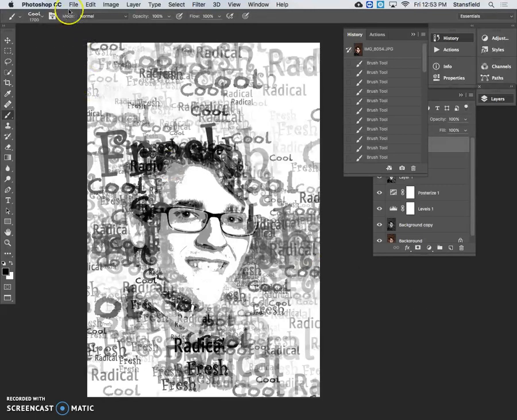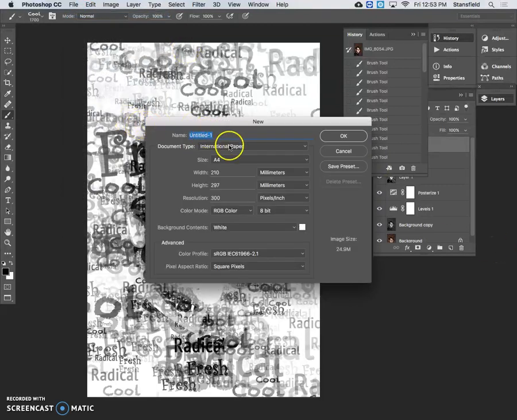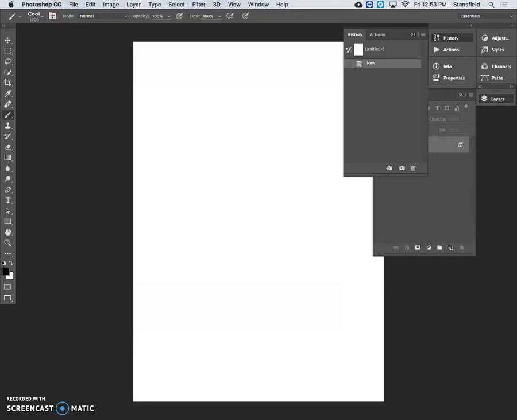So the first thing we're going to do here is go File, New, and we're going to create a new file. We're going to select Document Type, International Paper, and then choose Size A4. Click OK. The next thing we're going to do is grab the text tool, the horizontal type tool,